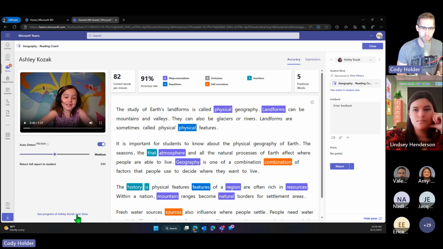When I was a music teacher and I assigned a music theory assignment to my students, if I saw that over time they weren't understanding their treble clef staff or their bass clef staff, or they thought the lines and spaces in the bass clef and the treble clef were the same over 3 or 4 assignments, I needed to stop, right? But I didn't see that data. I had to be the one who's manually tracking that. And here, what we can do with Ashley's reading progress over time is we can actually see that data live, and it's less manual labor.